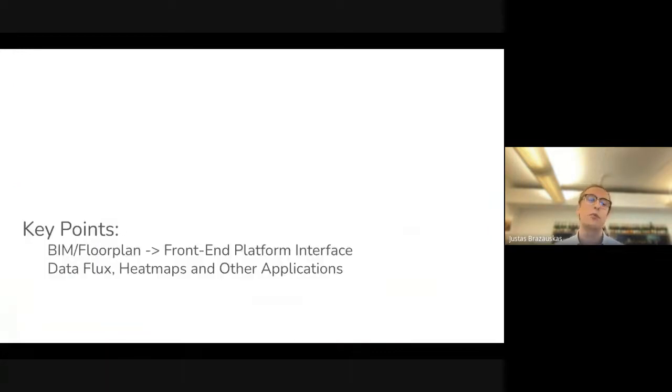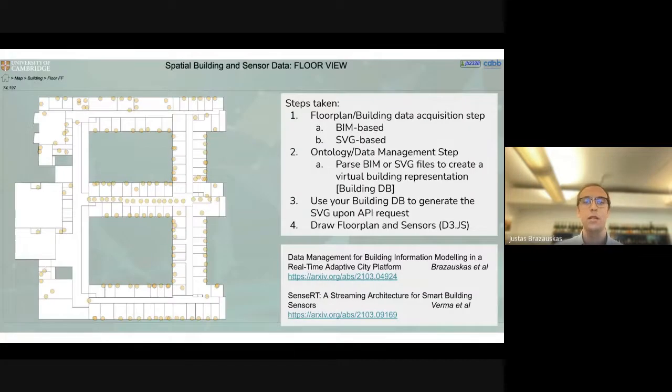But now the key point that I wanted to focus on is how we get our BIM and floor plan information on the front-end user interface of the platform, and how we use heat maps to better explain the data. So here, I'll quickly explain what's happening. We have our floor or building data acquisition step, where we take our BIM models or SVG models, we parse them, and then using some ontology of our choice, we create a virtual building representation in the form of a building database. Then we use that building database to